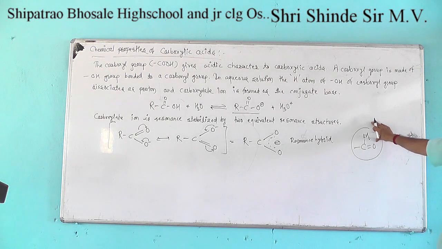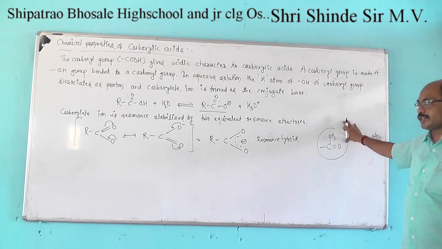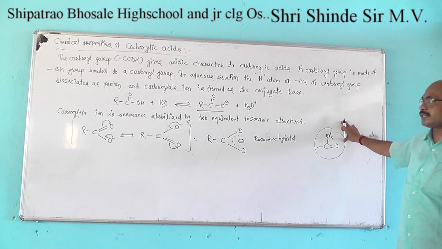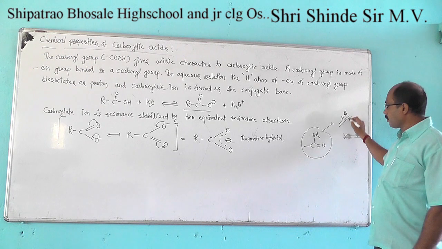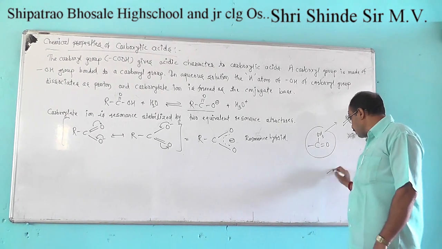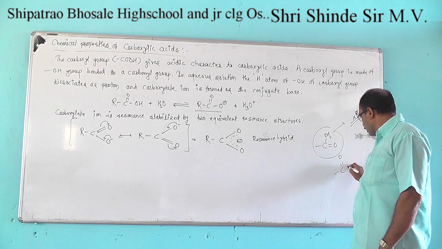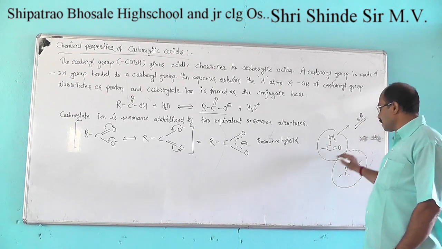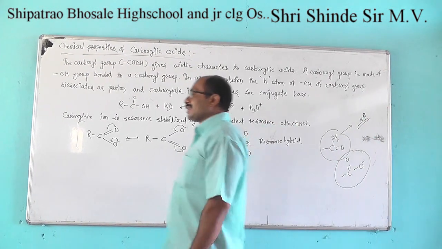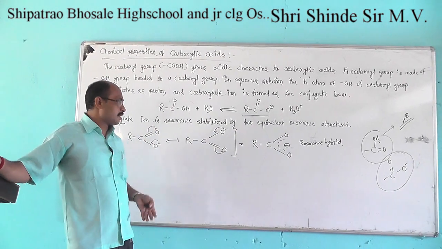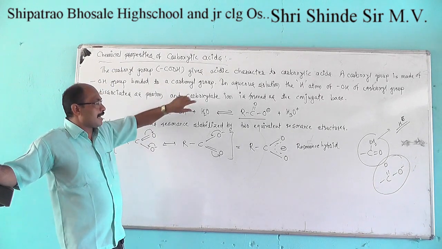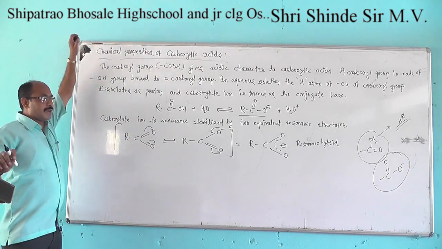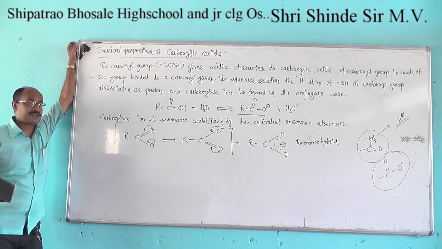In aqueous solution, the carboxyl group which has the hydroxyl group, in the presence of water, loses a proton, as hydrogen goes in the form of a proton, to have the formation of a corresponding carboxylate ion. This is considered a conjugate base. This prepared conjugate base, the carboxylate ion, has two equivalent resonance stabilized structures,